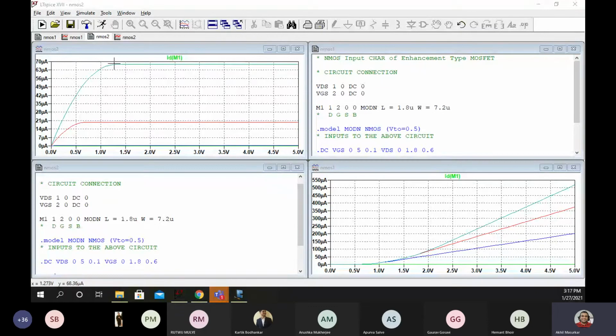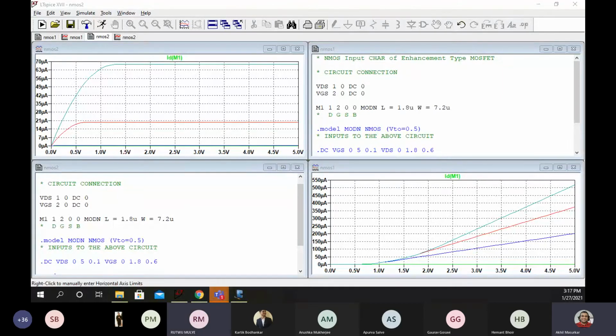Green output characteristics, na? Yes, sir. This one, can you see the one which is at the top? The topmost curve is 1.8. Below that is 1.2. And below that is 0.6. Okay, sir. So that 0.6 is appearing to be 0, but it is something in picoamperes. So on a micro scale, it appears 0.